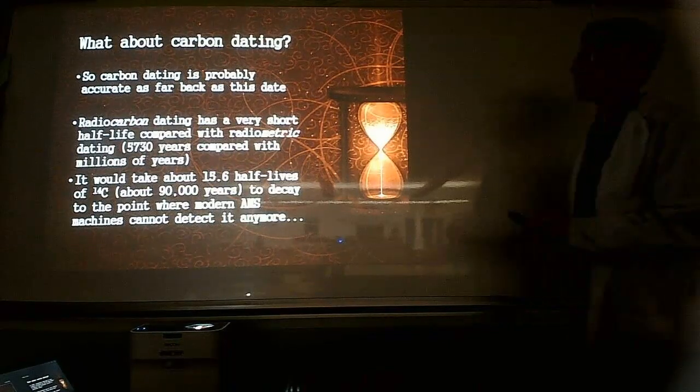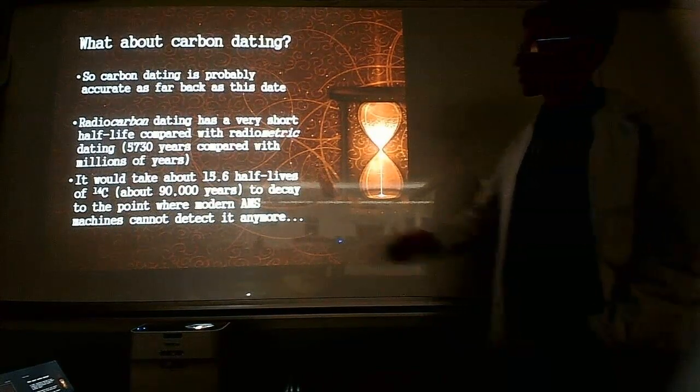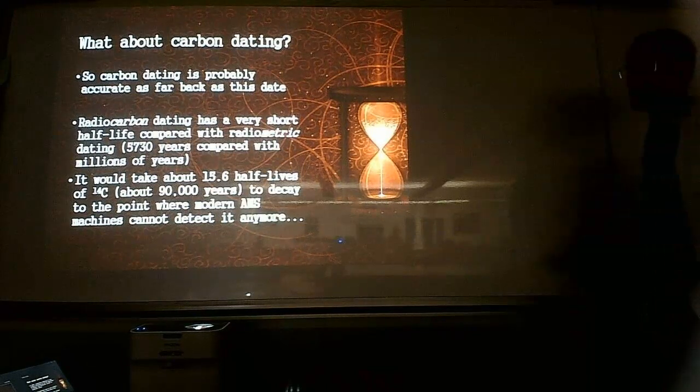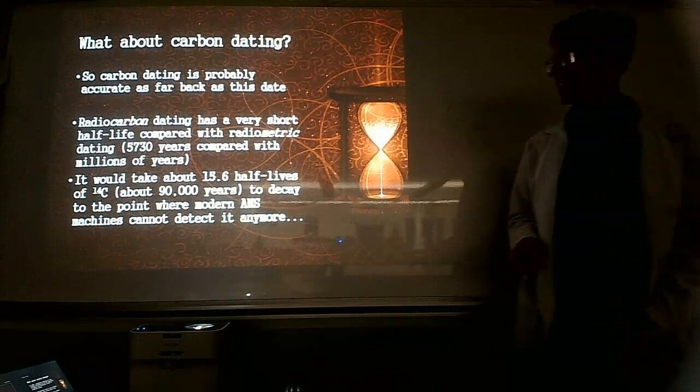All right, here we go. Last day of notes for radiometric dating. And the last thing you wrote down was this right here. It would take about 15.6 half-lives of carbon-14 to decay to the point where modern AMS machines cannot detect it